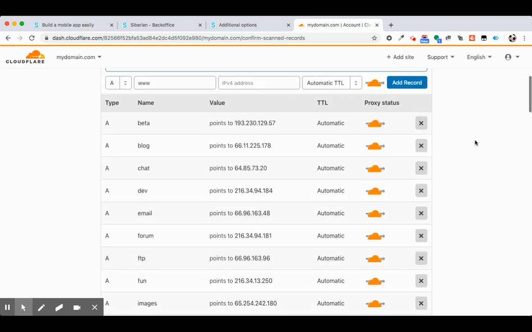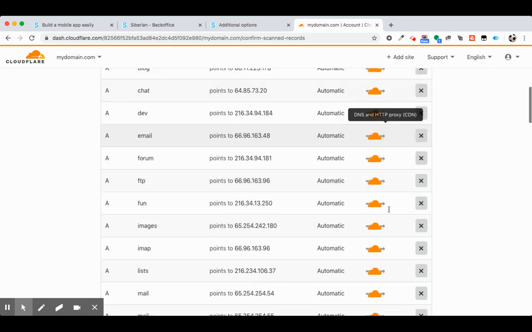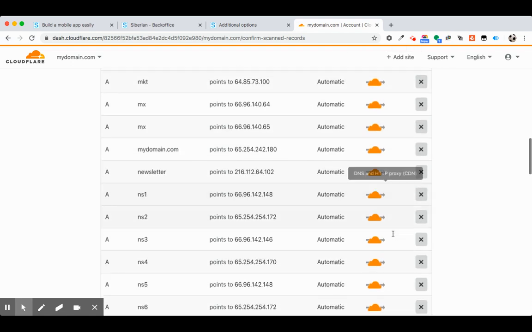So once you click on add record, you'll see that suppose this domain is pointing to this IP, and you'll see this colored icon here. If you disable, then that means Cloudflare is removed from this entry. So your server will be visible to attacker. So generally you need to enable this. So if it is enabled, that means your server is protected. So any attacker has to pass through first Cloudflare, and then they'll be able to access the website.